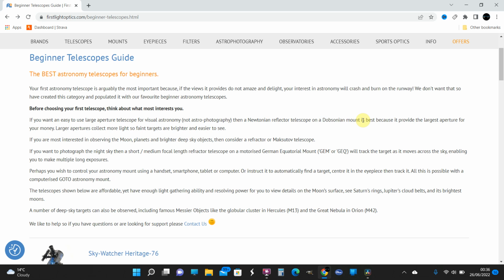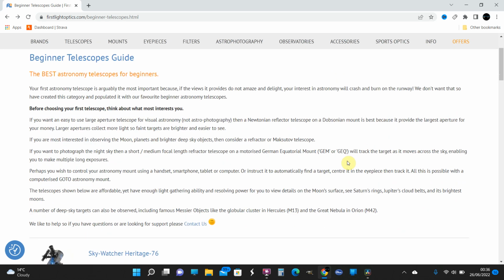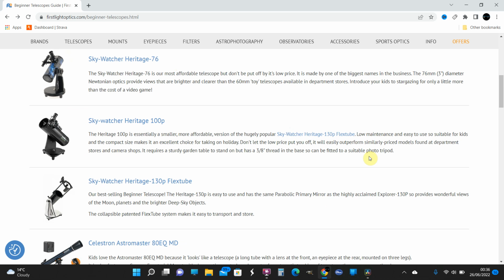My job is to advise on astronomy equipment, and I'm a long time amateur astrophotographer and amateur observer and a graduate in astronomy, so I feel like I've got something to share here. So we're on the site for the company I work for, and we're in the beginner section. I've used a lot of these,